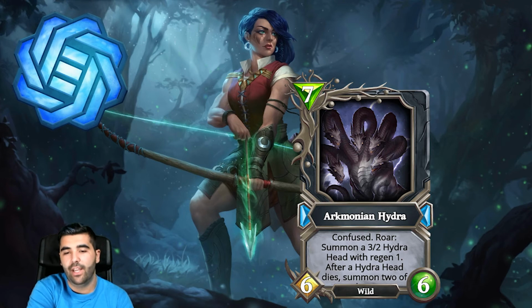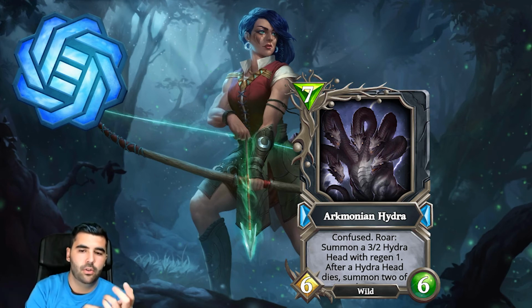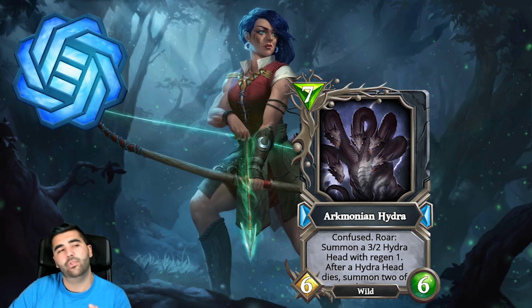Then we got Arcmonian Hydra. Summon a 3/2 Hydra head with regen 1. After one of them dies, summon 2 of them. I haven't seen this being played successfully. Why? Because if the effect stayed on the Hydra head by itself, it would be good. But the problem is that people are gonna target this Arcmonian Hydra, and once this dies, the effects won't trigger for the head. Because if it's not, then my opinions change. But other than that,